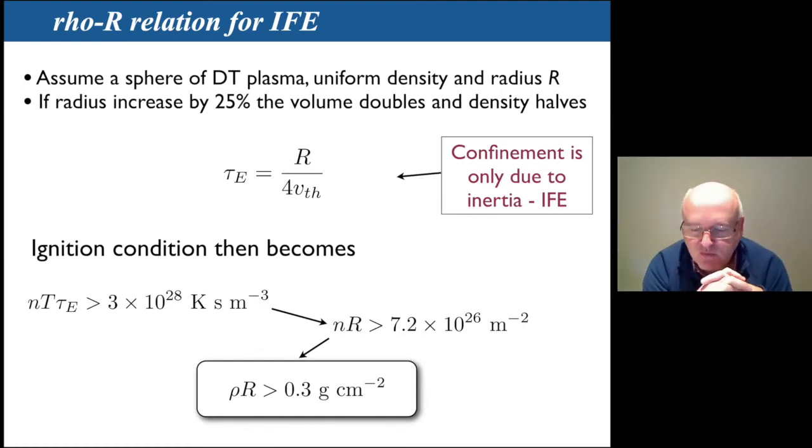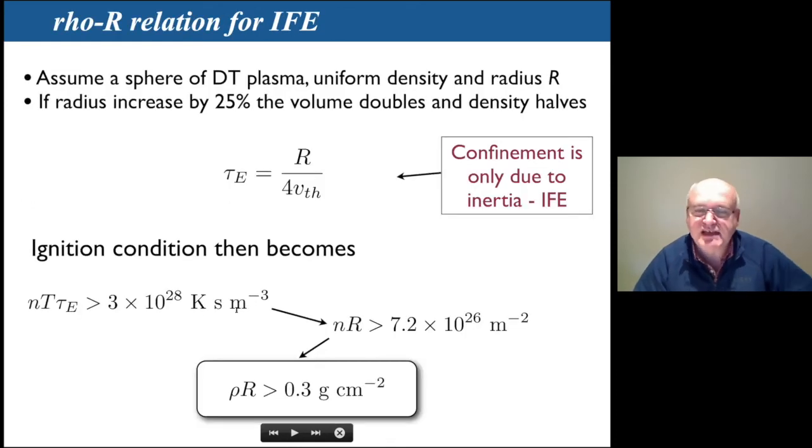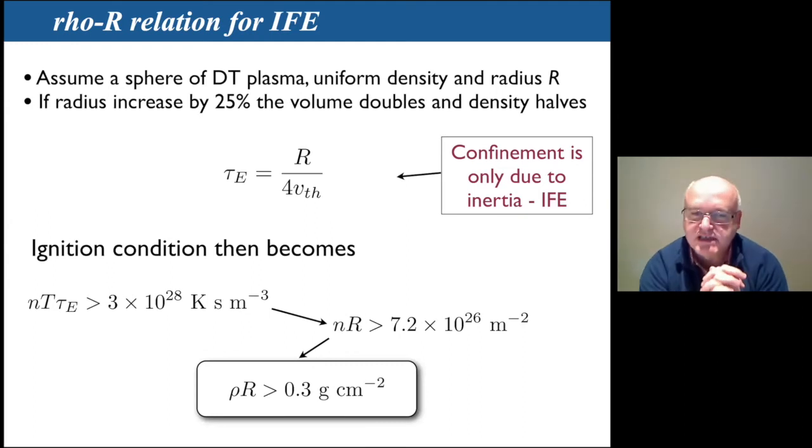We assume that what we have is a sphere of deuterium tritium with radius r. Then we know from our relation here that what we've got to do is get this product of number density times confinement time bigger than some number. It doesn't matter what the number is at this time. So if we suddenly halve the number density by doubling the volume, if we were satisfying this before, we're no longer satisfying it now. So as a rough estimate, we say that if we've got this deuterium tritium ball and